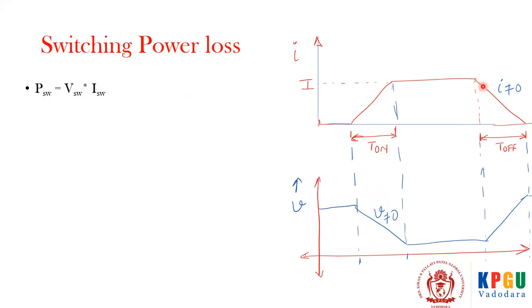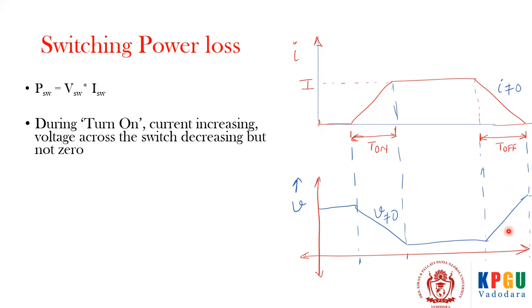So we can see that during turn on, power loss is there. Similarly, during turn off, ideally the current should go to 0, but it is taking some time to get to the minimum value or 0 value, and voltage is also rising by that time. So during this T off interval, voltage and current both are non-zero, and that's why power loss is there during switch off also. In short, in a practical switch, this switching power loss cannot be eliminated. Based on which device has how much power loss, we can select an appropriate switch.